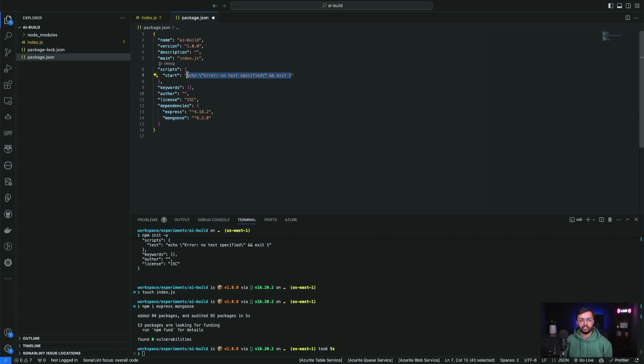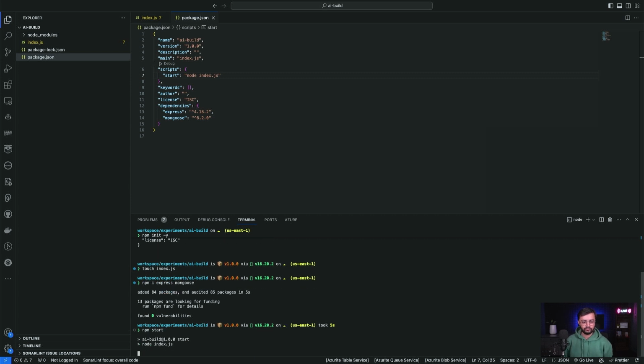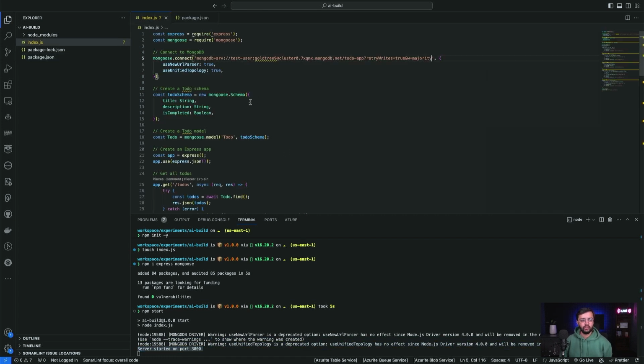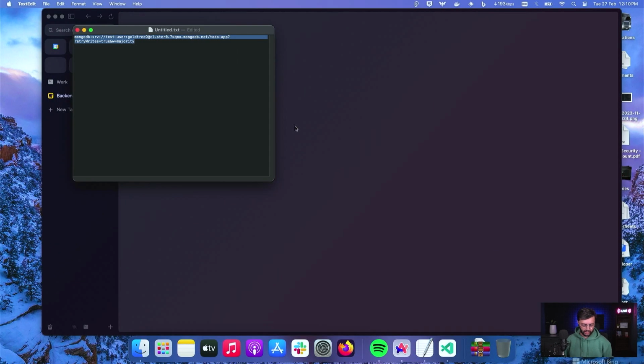And this is also, everything is mostly GitHub Copilot enabled, right? index.js, right? So this does that, right? Now let's try and run it. npm start. Right, it is now connecting to the MongoDB driver. Port started on 3000, right? So let's go ahead and give this a try in our